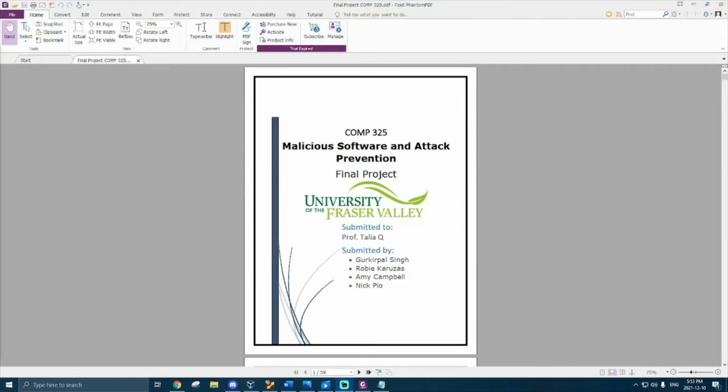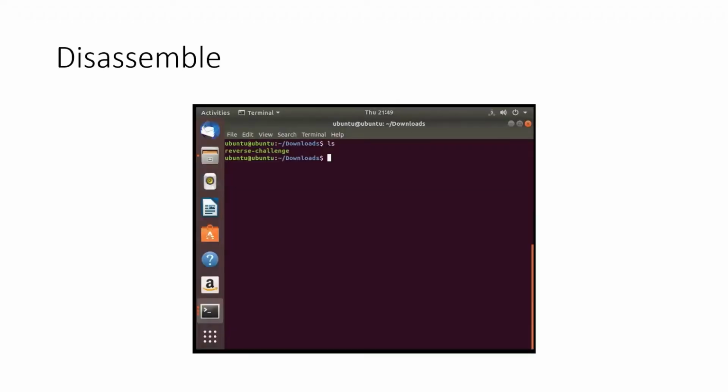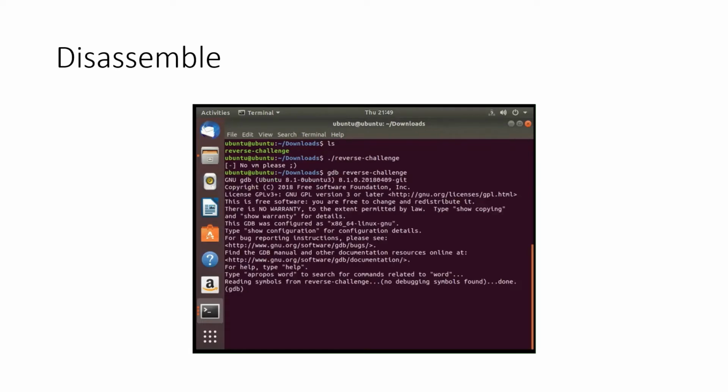This is our group's final presentation for the reverse challenge disassembly project. Here is a file, reverse challenge, downloaded. Now run ./reverse_challenge in gdb, and now set disassembly